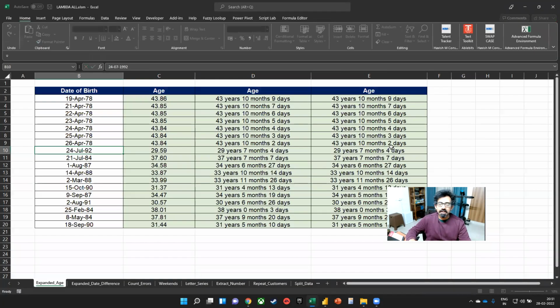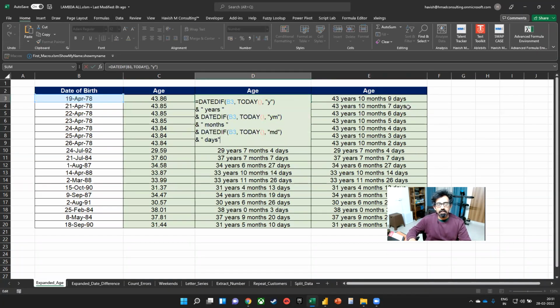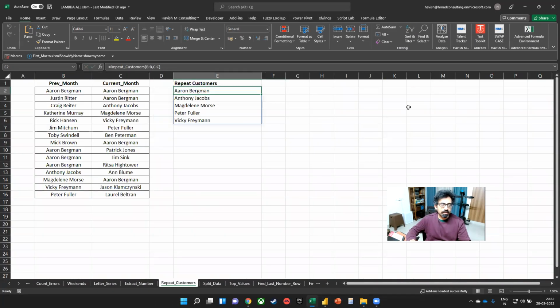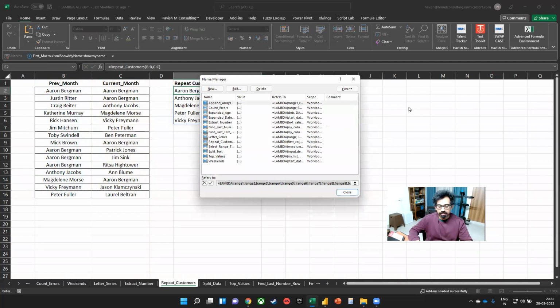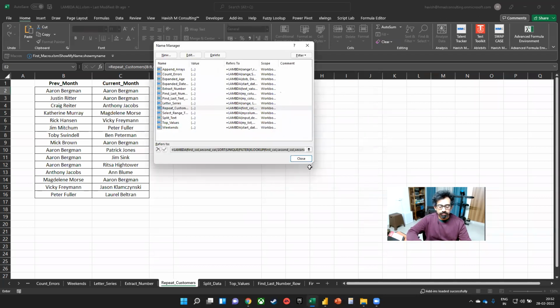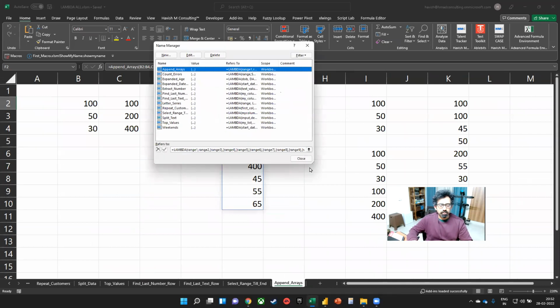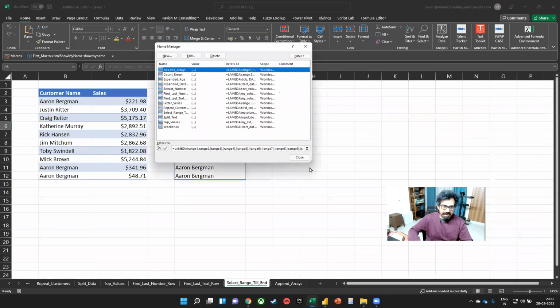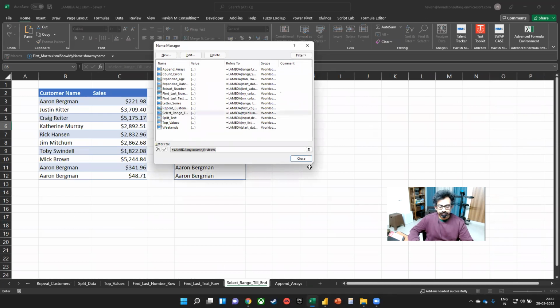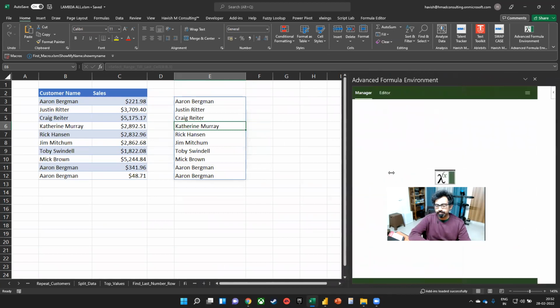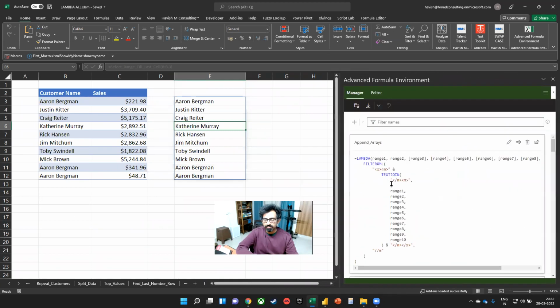If I can just take a moment and show you some more advanced ones here. Look at something like this. 1 second. I just did one yesterday, which was append arrays. Okay, no, not append arrays. It was select range till end. How do I show it to you? Let me show it to you in the formula environment. Okay, I haven't used LET here, but anyway, the point here is that